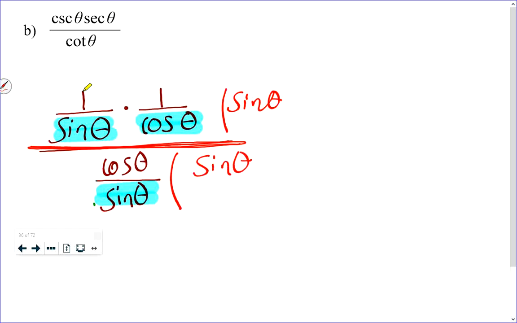That will get rid of the sine of theta on the top, and that will get rid of the sine of theta on the bottom. And I also have to multiply by cosine of theta to get rid of the cosine of theta in the denominator of the numerator. But I have to multiply the bottom by that as well. Now,